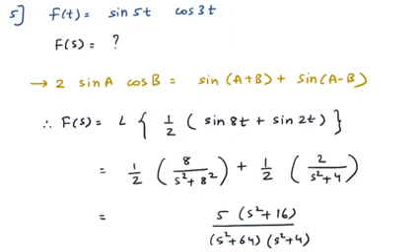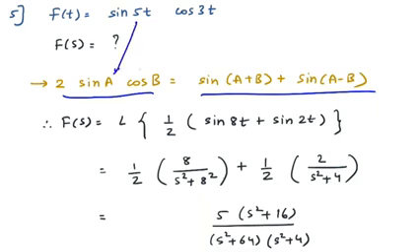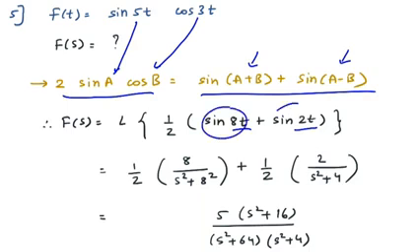How to do that? So make a note, whenever two functions like sine A and cos B are multiplied, or it can be vice versa like cos A and sine B, then you have to use this formula. So 2 sine A into cos B is equal to sine of A plus B plus sine of A minus B. Use this identity, and the value of A here is 5t, the value of B here is 3t. Substitute that, so 5t plus 3t would be 8t, and here you can see that 5t minus 3t would be 2t. Now you can split the Laplace because two functions are in the addition format.